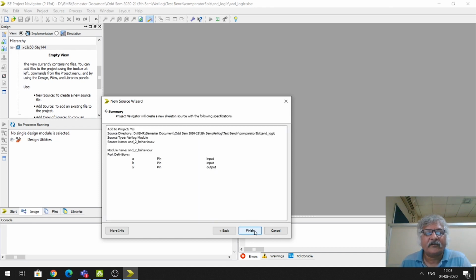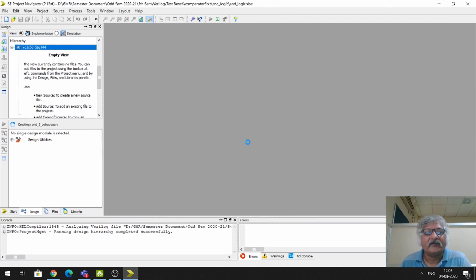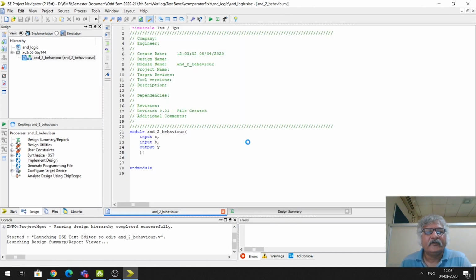Then next and finish. Now this module is created, module and underscore to underscore behavior. Here I will write my ports A, comma, B, comma, and output Y. Terminate this line by semicolon.